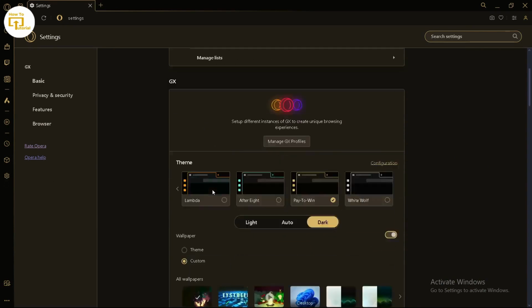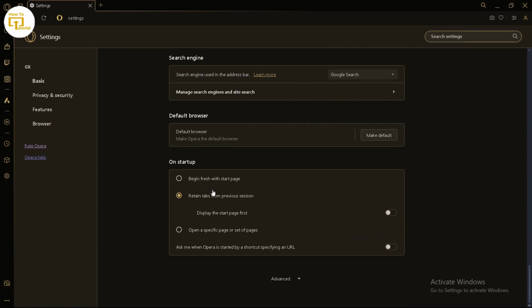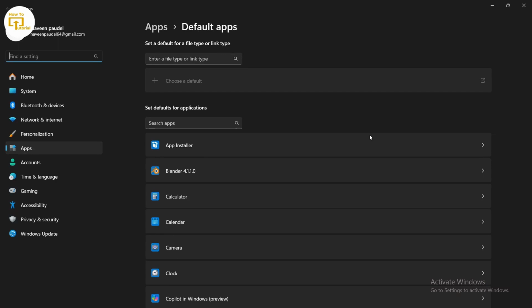From here, what you can do is just simply scroll all the way down, and after scrolling all the way down here you will find this option which says default browser. Make Opera the default browser. So what you can do is just simply tap on make default, and after tapping on make default, now you have to select Opera GX. So just search for it,